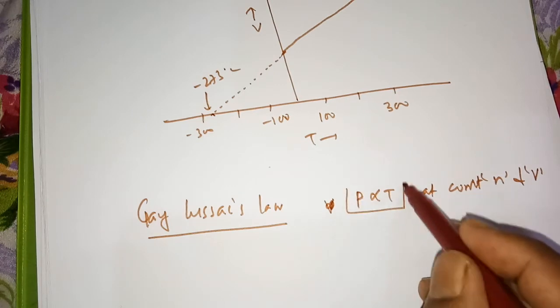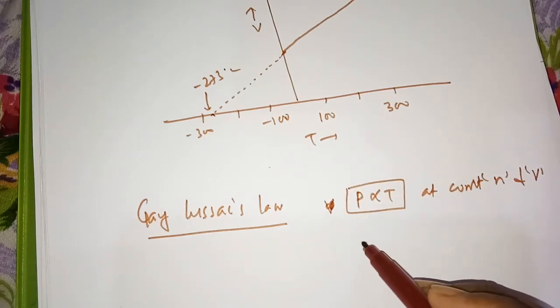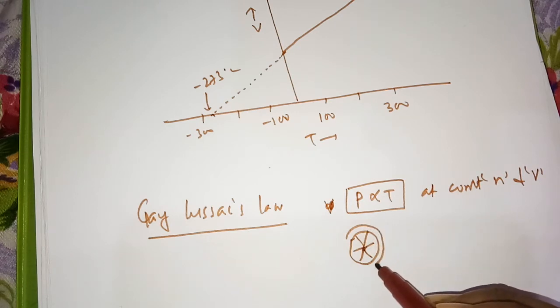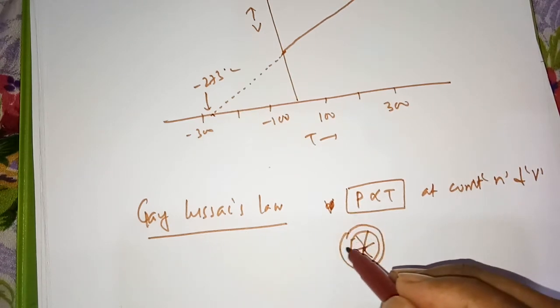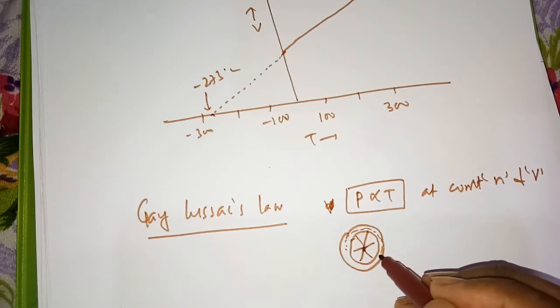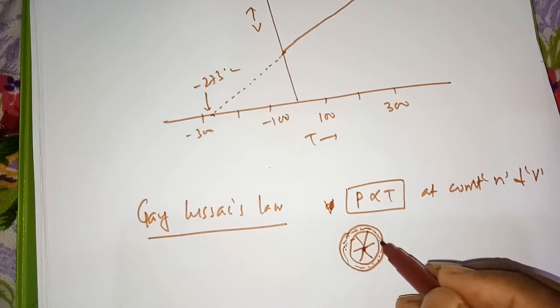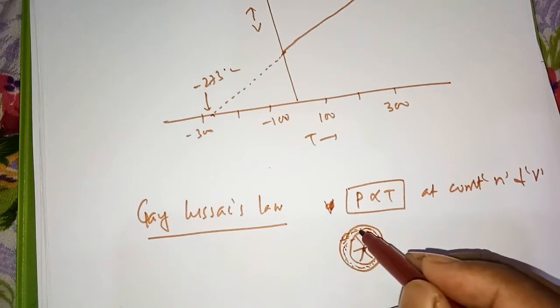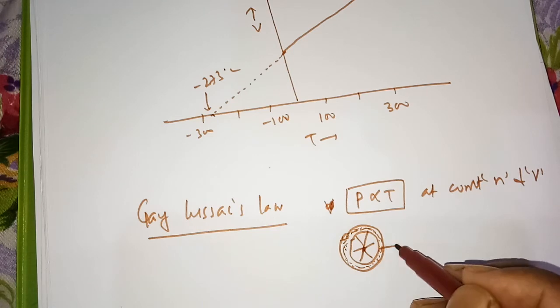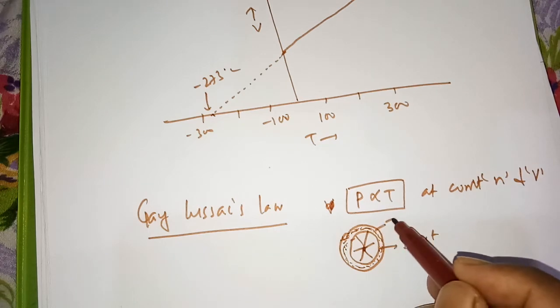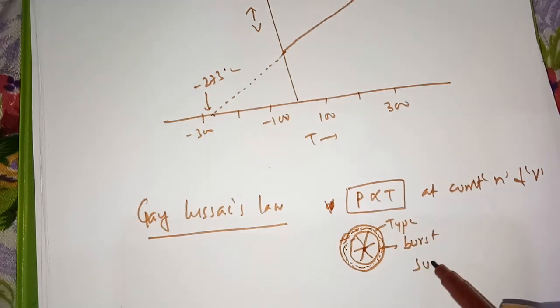Now if you have a cycle tire, you observe that the cycle tire gets punctured more in the summer because pressure is directly proportional to temperature. In summer the temperature is high, the kinetic particles inside the tire have more kinetic energy and they pressurize the walls of that one and it bursts. The tires burst in summer due to